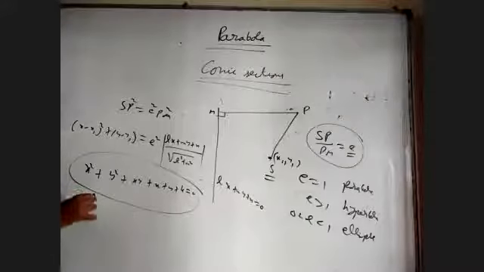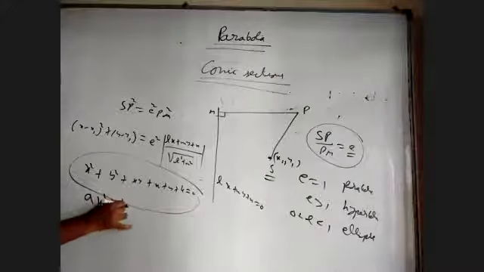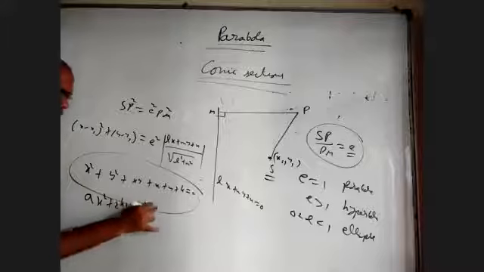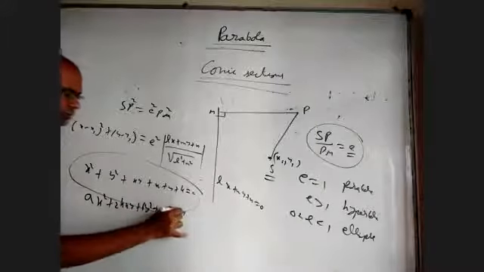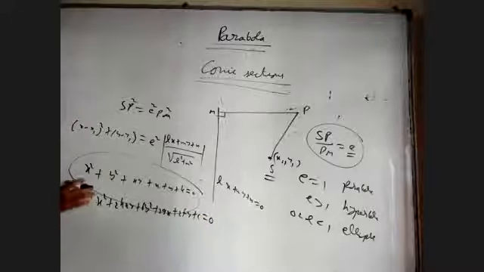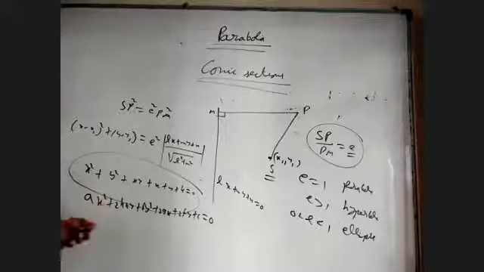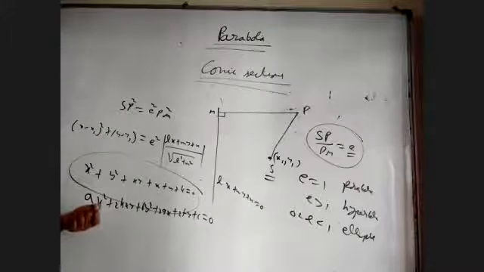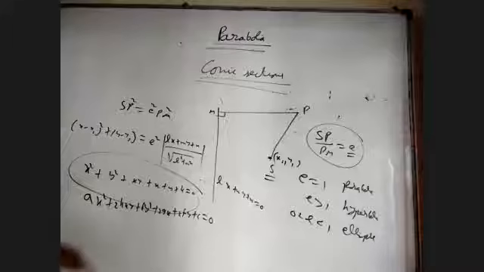So the general second degree equation is ax square plus 2hxy plus by square plus 2gx plus 2fy plus c equal to 0. This can represent a pair of straight lines. It can represent a circle, parabola, ellipse, hyperbola. It can represent a single point, which can be called a point circle also, or maybe a point ellipse, I don't know. But it can represent nothing also.